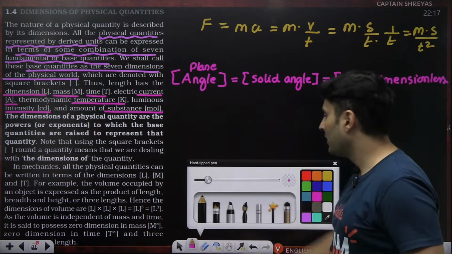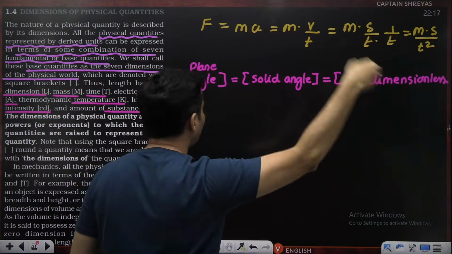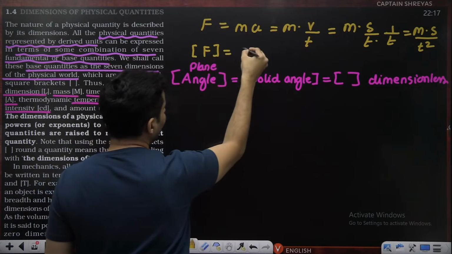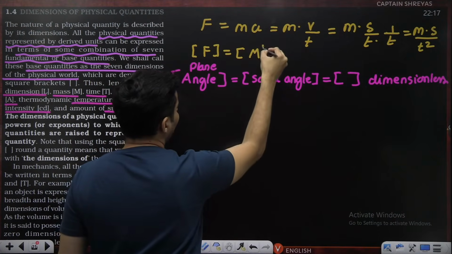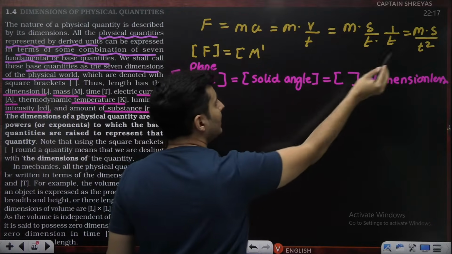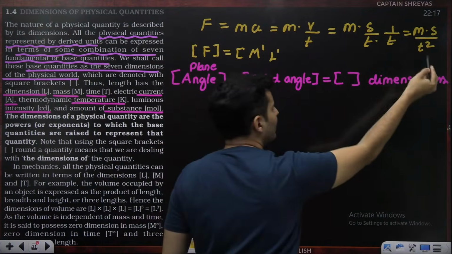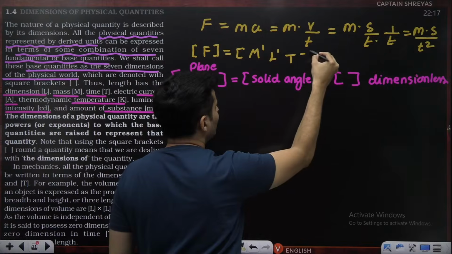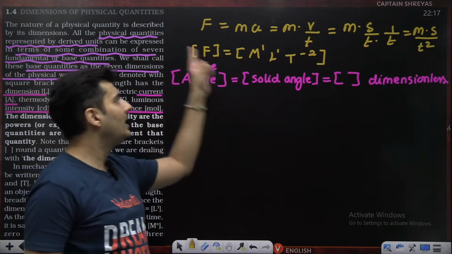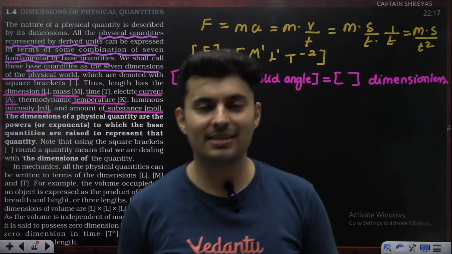Now, over here, can you see force is dependent on mass, displacement, and time square? So the dimension of force is the dimension of mass. Mass is in the numerator, raised to 1. Displacement is basically length, so length raised to 1. Time is below, so negative power of 2, so T raised to minus 2, and then complete the square bracket. So this is the dimensional formula of force. This is how it is coming.